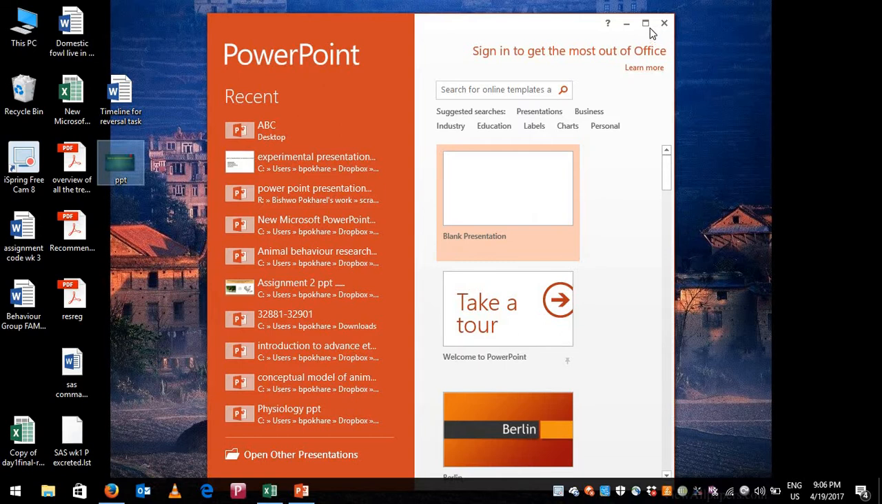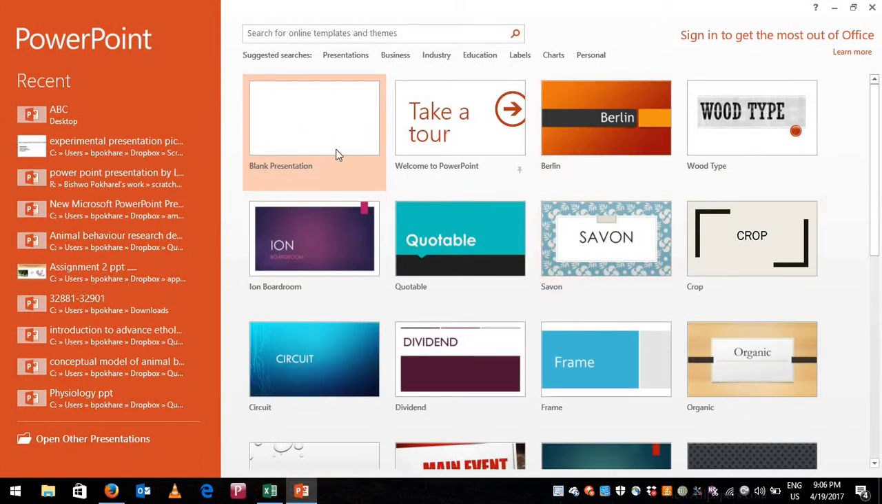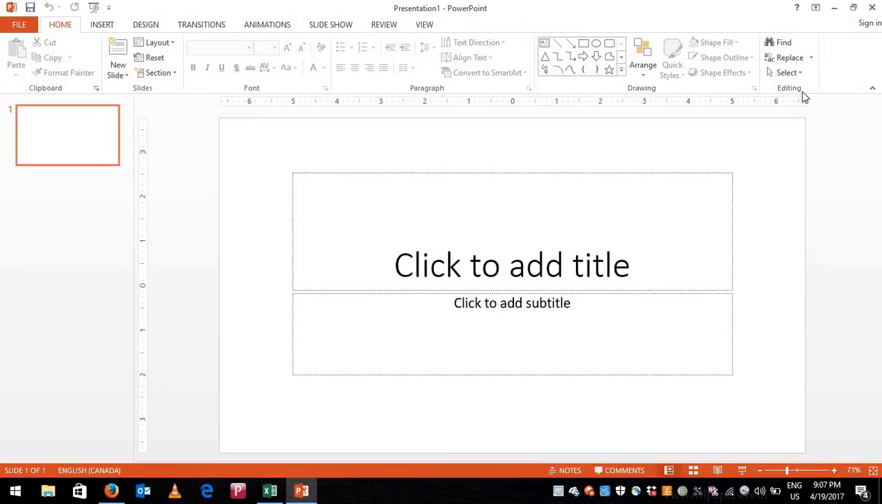So this is how it looks like on its first appearance. So you can maximize it, and it shows here blank presentation. You have couple of options, but we are going to create a PowerPoint, so I will click blank presentation, and it looks like this after you click blank presentation. And if you don't want to go this way, then just close this